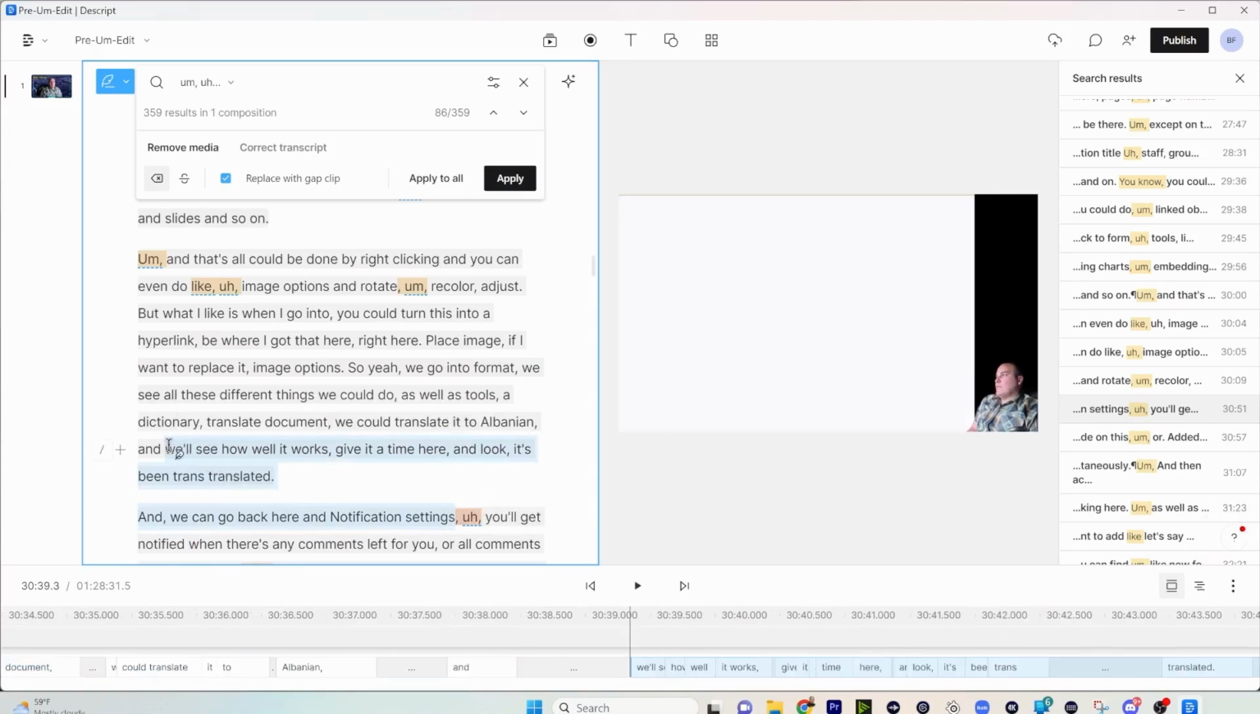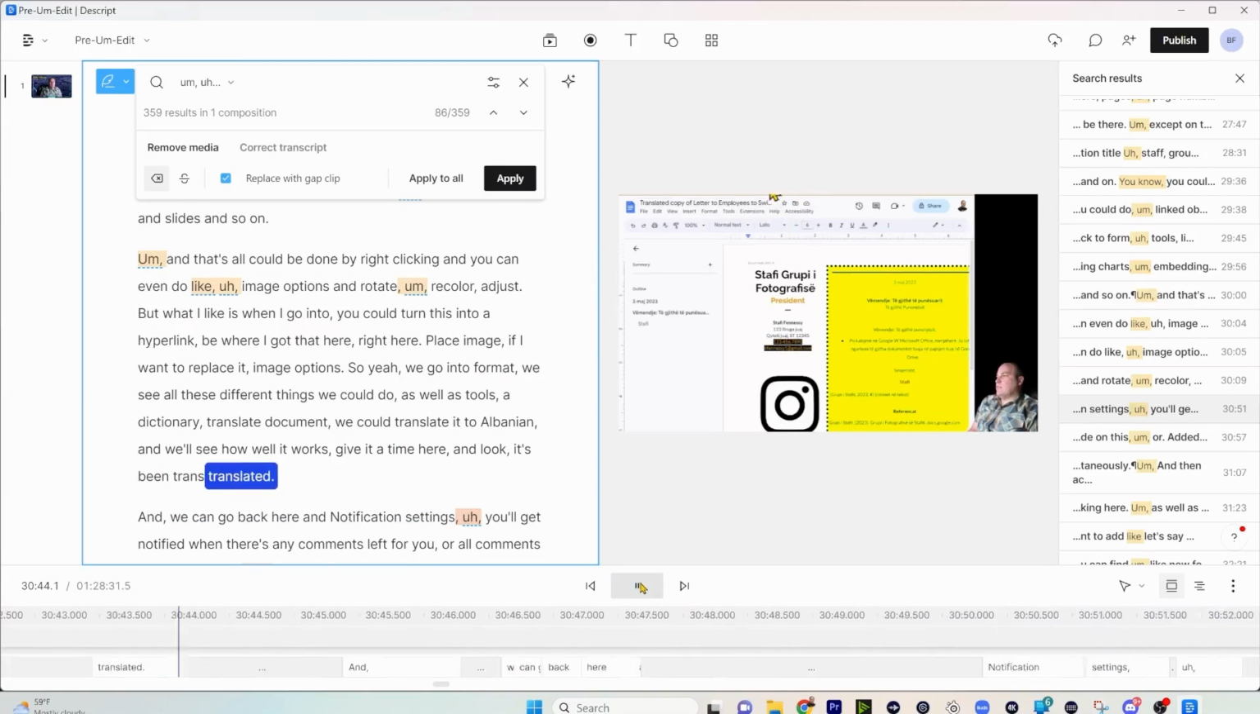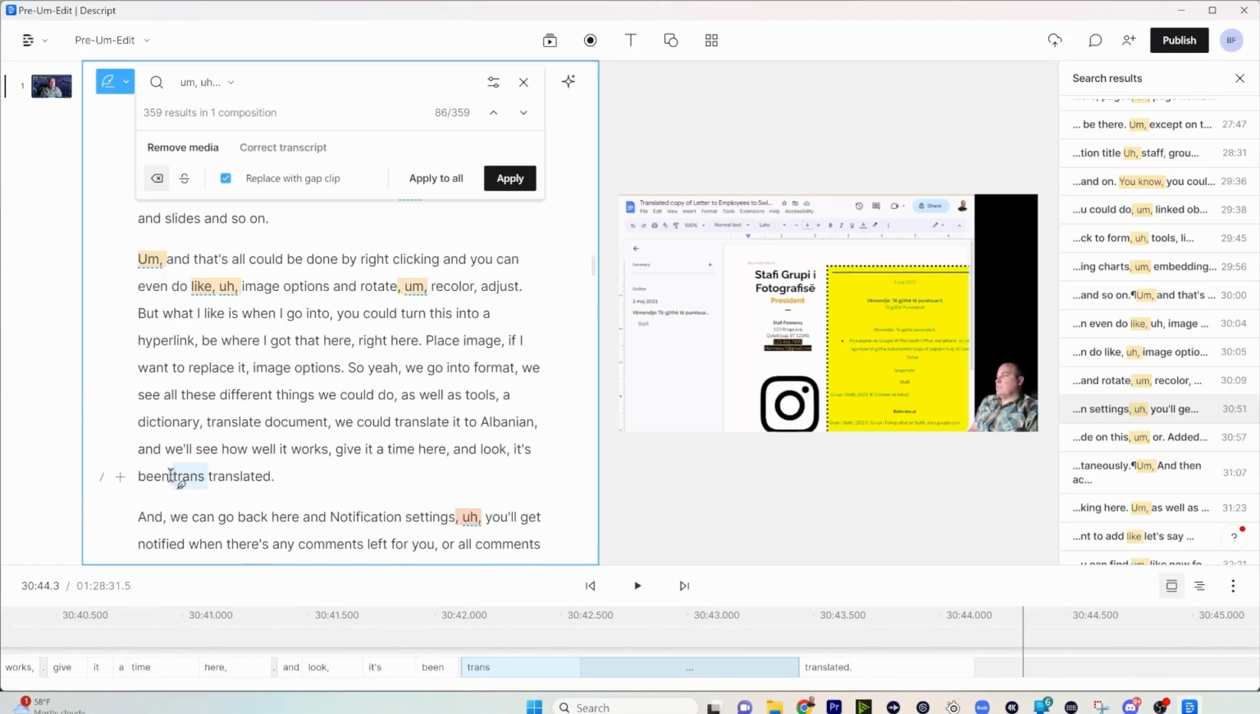Let's go back to here and see how it sounds. We'll see how well it works. Give it a time here. And look, it's been translated. Oh, maybe I don't want this, it looks like it's redundant. So I'll delete it. Now, when I delete stuff or remove filler words, you see this nice little caption here